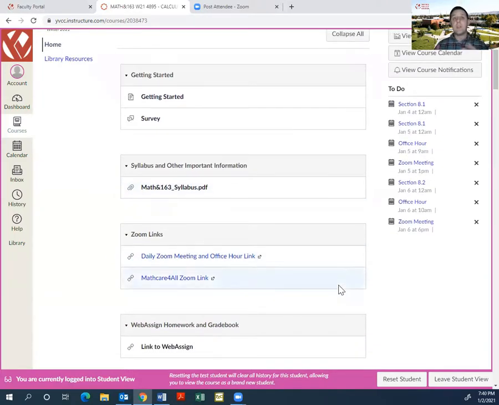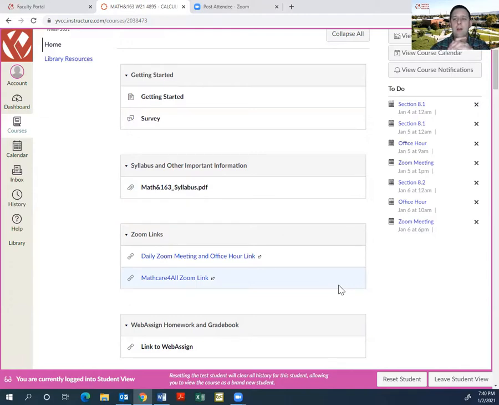All right, now in this course, I want this to be as interactive as possible. I want you to feel supported throughout the entire course. So what we're going to do is set up some things that are going to happen on a daily basis that you can take advantage of. So one of the things that I'm going to do every single day is conduct a daily Zoom meeting, and it'll be an hour long.